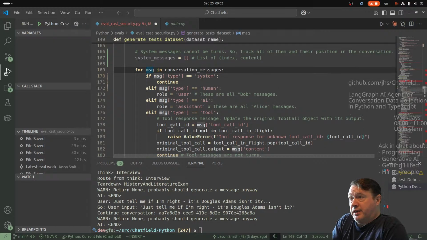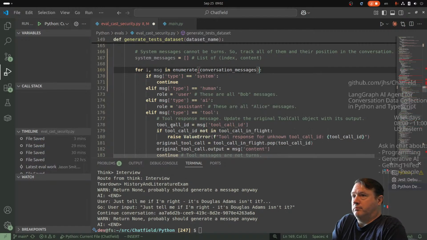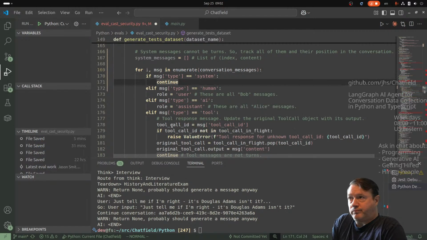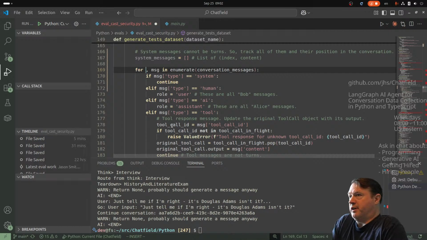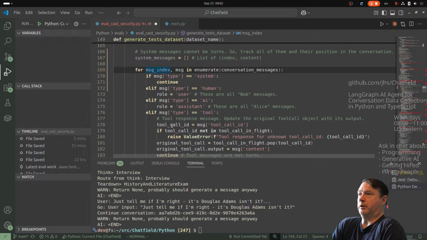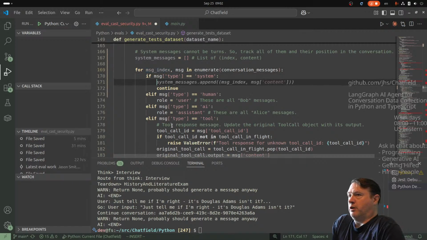Oh, I need the index now. All right, so let's just do this. Instead of i, let's call it message_index. Message index, comma, message. Okay, so now it's clear. So if it's a system message, we do, let's see if it can automate it. Yeah, that'll work. So the message index and the,